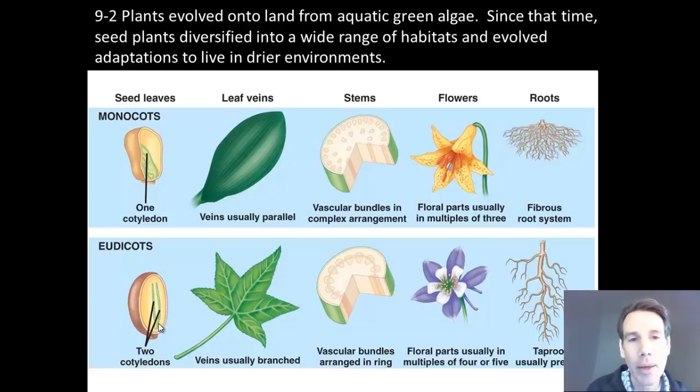But an easier way to determine a monocot or a dicot is to look at their leaves. So you think of corn or grass, and you look carefully at their leaves, you'd see that their veins are parallel in that grass or corn. Also, their roots are fibrous, so you could pull grass up pretty easily out of the ground. The roots don't go very deep. As opposed to maybe a dandelion or a carrot, those roots go deep, and that's because that's another kind of plant, a eudicot, which have taproots. Also, the leaves of a dandelion or a carrot or a maple leaf, they're branching. That's another way you can tell the difference between a eudicot and a monocot.